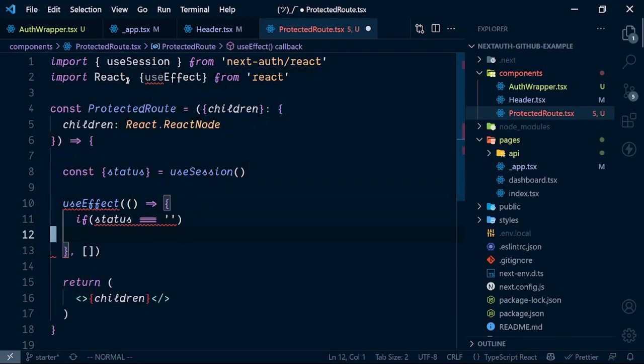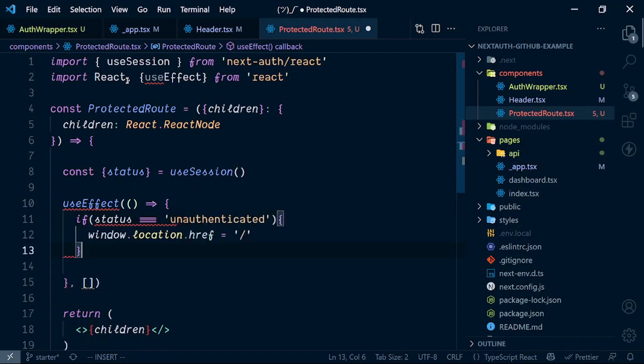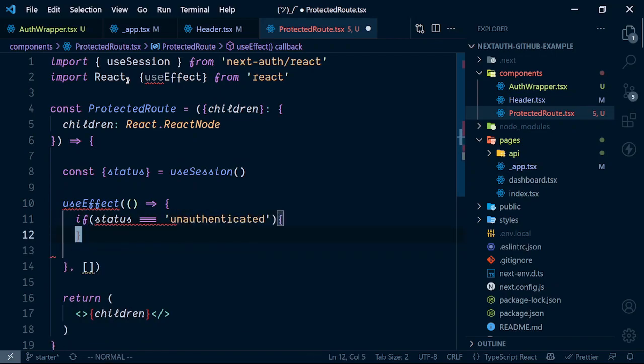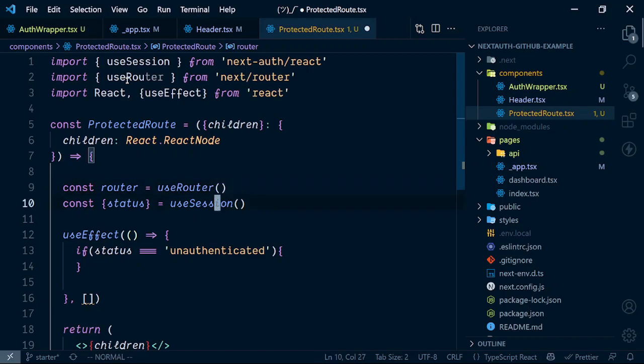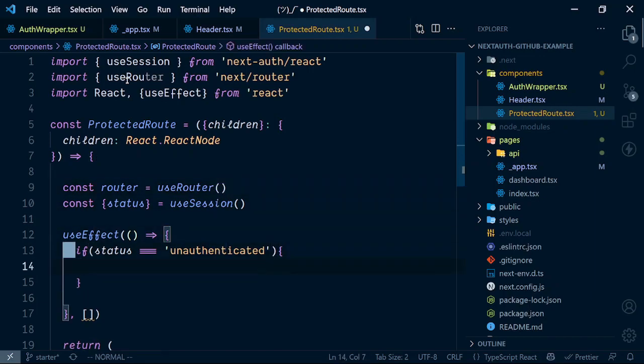And now if status is unauthenticated, not window.location, we will use our Next.js router. So let's bring our Next.js router, which is const router = useRouter, which will be from next/router. And if its status is unauthenticated, let's push the user back to the index page, and then we can see